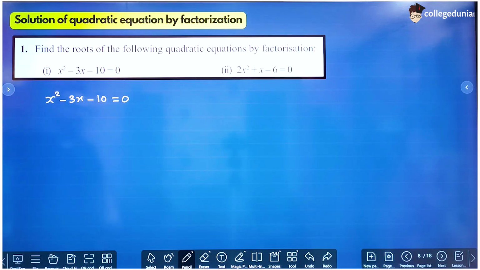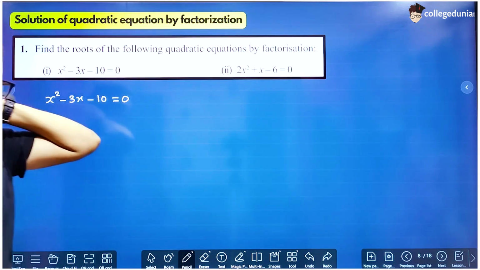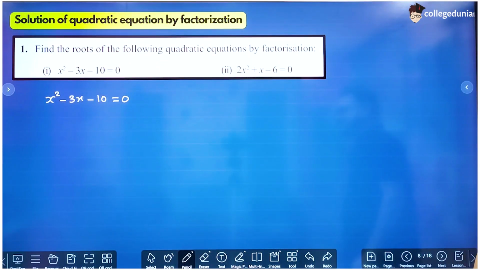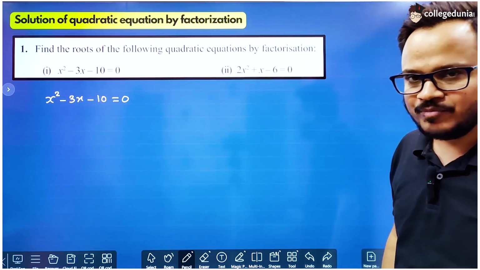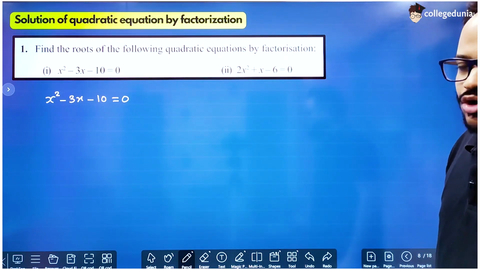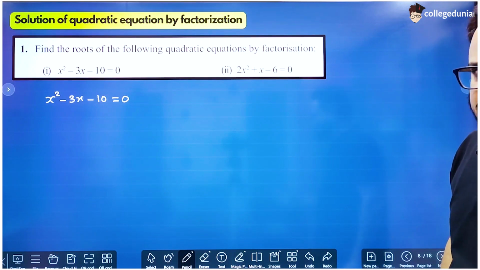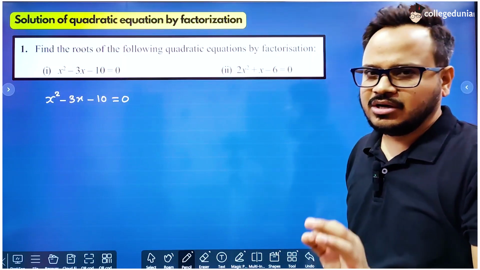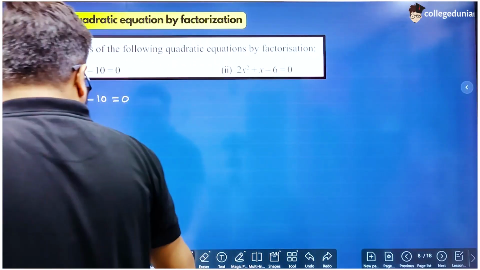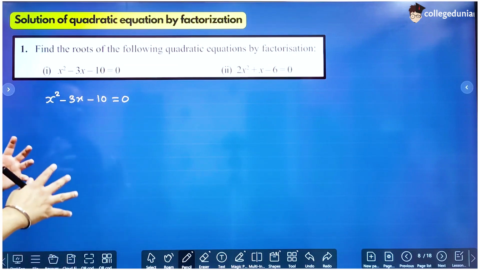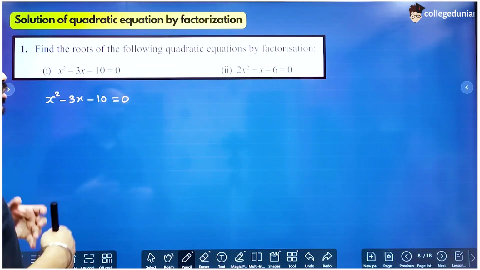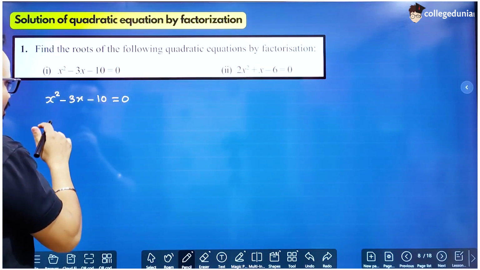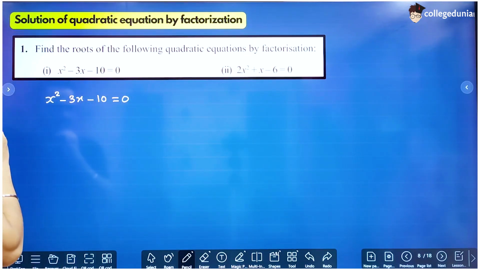The values are also called the roots of the equation. The maximum number of roots of a quadratic equation is 2. You are not going to get more than 2 roots, but yes, you can get less than 2 roots, that is 1 root, or sometimes there will be a quadratic equation which cannot be solved, so there is no value of root. So the maximum number of roots is 2, then you can have 1 root, then you can have 0 roots. I'll give you examples of all such types of quadratic equations. Okay, now how can we solve the quadratic equation?